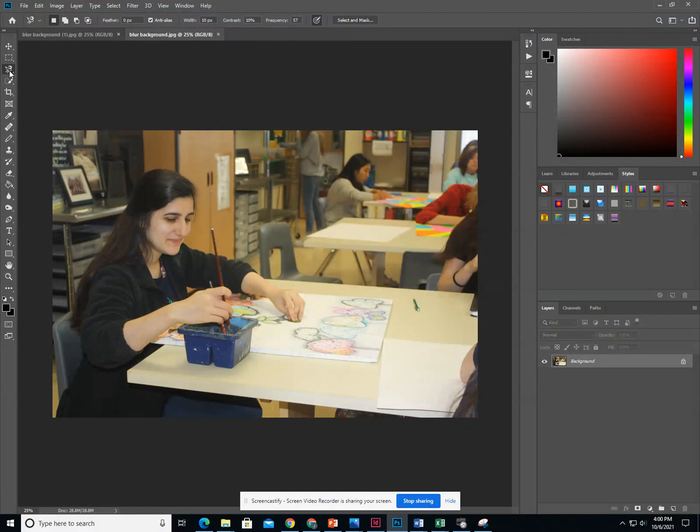There are many ways to select an object in Photoshop. Underneath this, you'll see lasso, polygonal lasso tool, and magnetic lasso tool. There's also, which is more of my favorite, quick selection tool and magic wand tool. You can try these, but I have found from experience that on this individual picture, these don't work as well